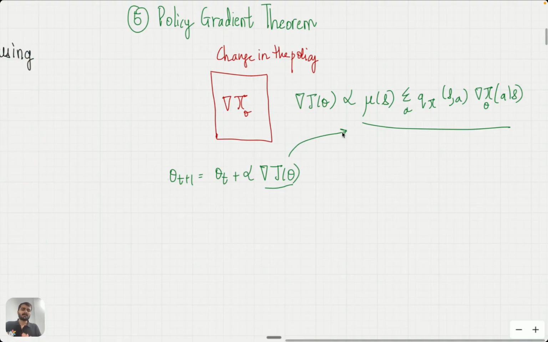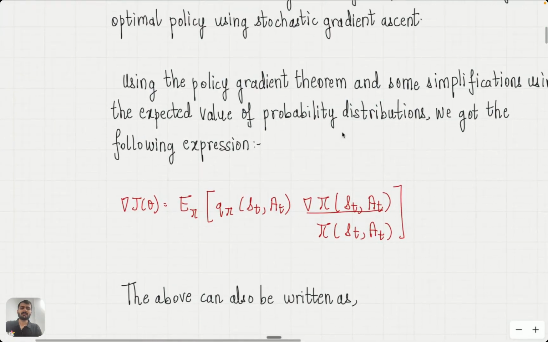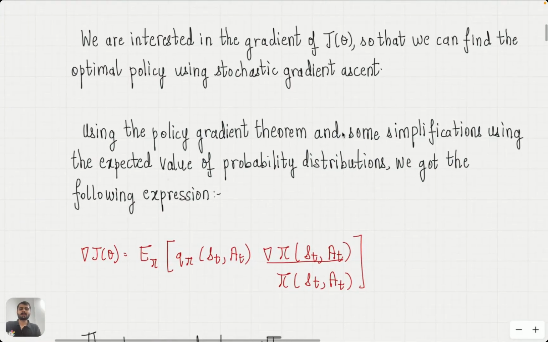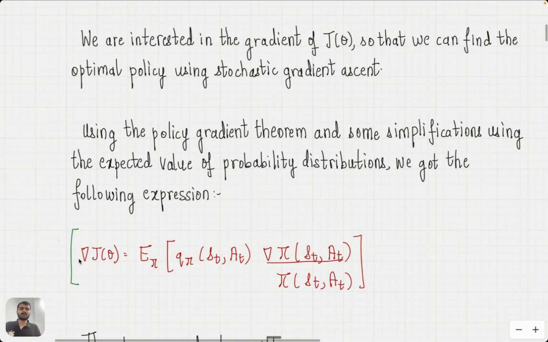And then we looked at, okay, fine, we substitute this expression, and then we did some manipulations with the expectation sign, and finally we saw that the expression for the gradient of the performance measure, which can be directly used as an input in the policy parameter update rule, is given by this expression,